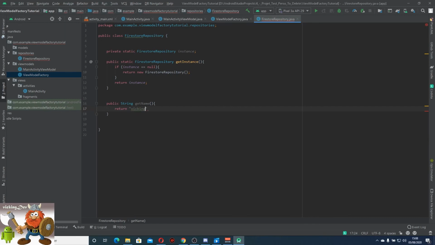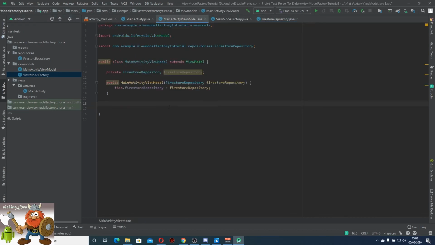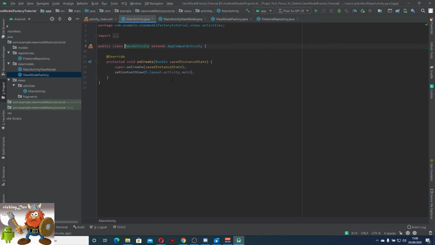Yes, why not? Okay, that's all. In your ViewModel, okay, public String getName, approximately the same. Return firestoreRepository.getName. That's okay. In the main activity,